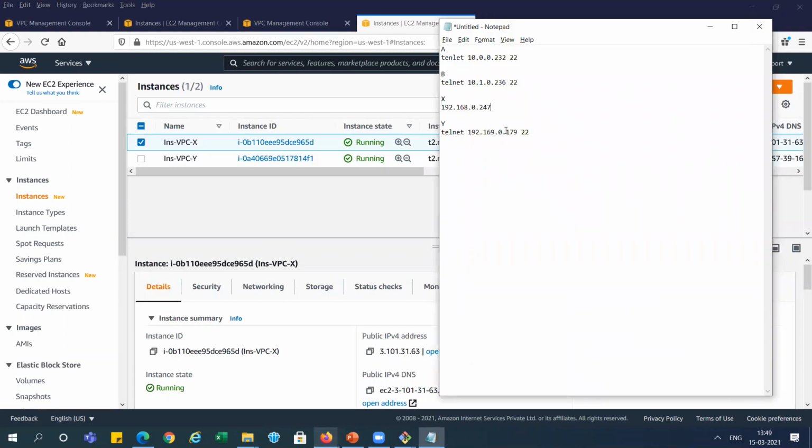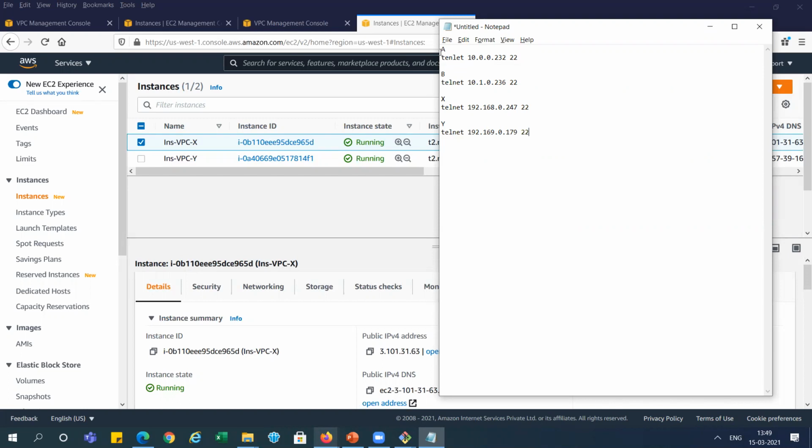You can also check via series, I'm telling you. Like we have used in VPC A first 10.0 and B we have used 10.10 IP series starting from, and X we have 192.168 series, and Y we have used 192.169 series. So you can see we are getting this private IP in the same range, right? So we have written down all those private IPs.